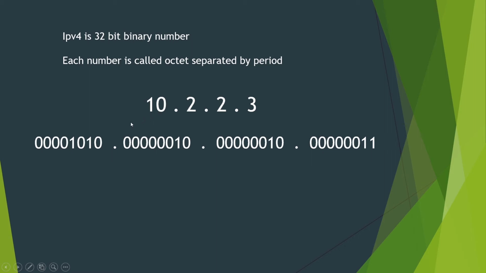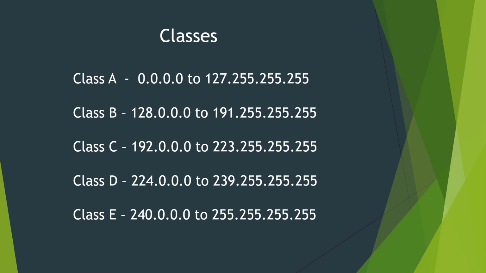Since each octet is 8 bits, it can have a minimum value of 0 and a maximum value of all 8 ones, so its maximum value is 255. So in one octet, the decimal value can be from 0 to 255, right? From 0.0.0.0 to 255.255.255.255, and we can generate around 255 power 4 addresses. I think that's how many addresses there are.